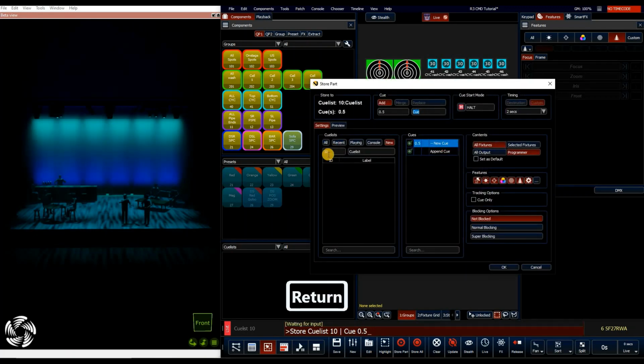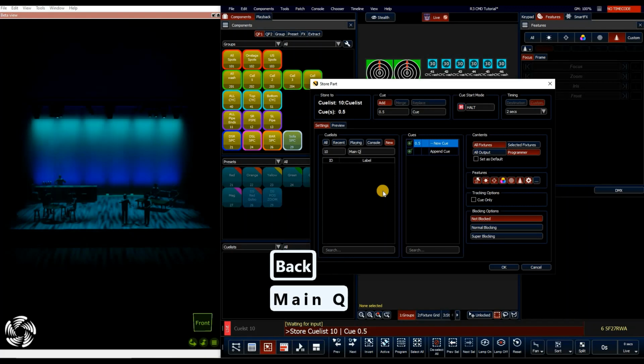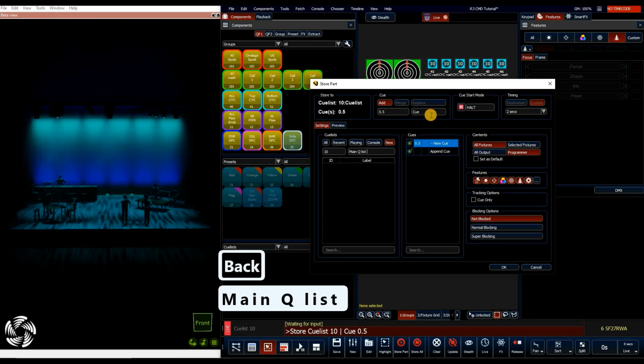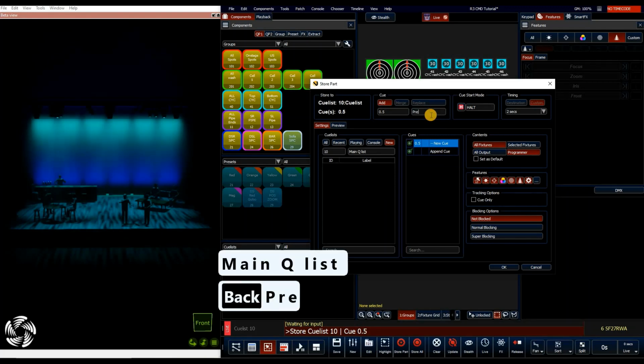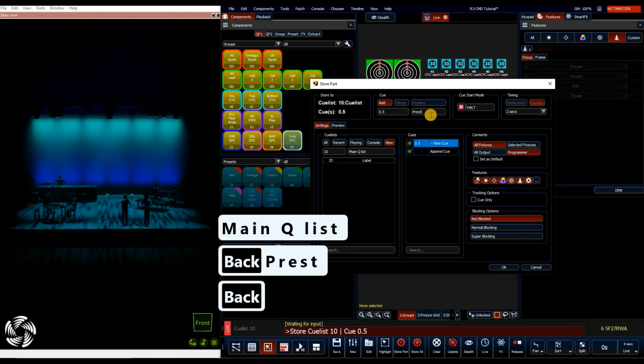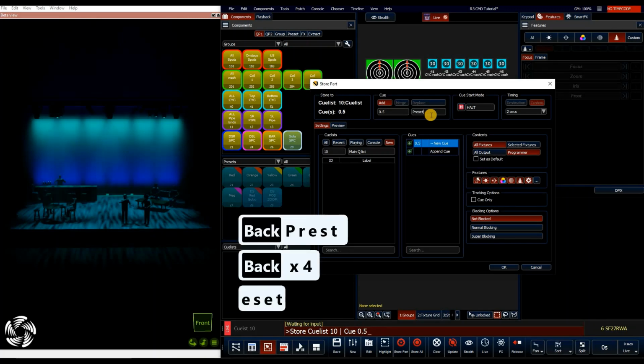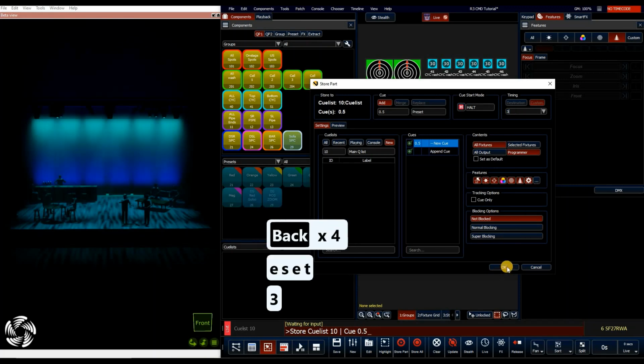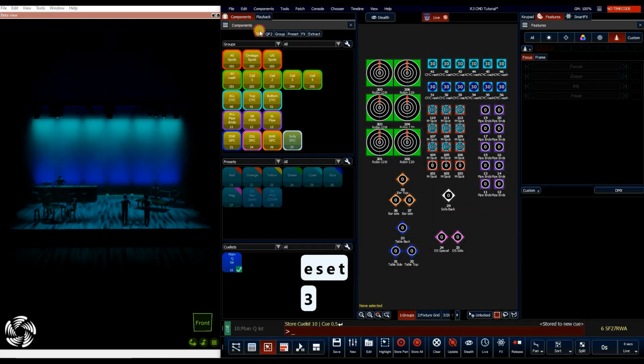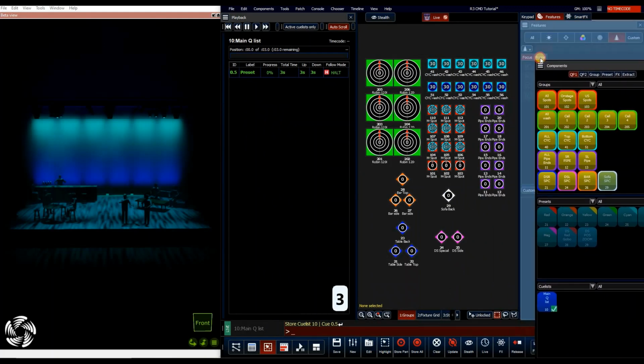And as you can see, we've been given Cue List 10, we've been given Q 0.5. So now we just have to label both of these things. So I can label this from here. I'm going to call this main Cue List. And we'll call this Cue preset. And we'll give this a time of 3 seconds. And we'll hit OK. And if I just drag and drop my components back over to here,